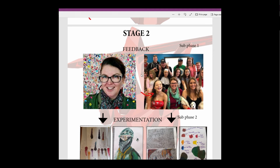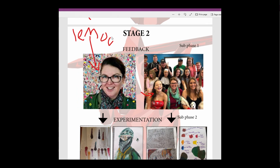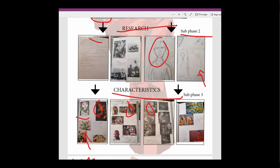Stage 2 we're up to now, and this is an absolutely crucial stage, I believe. So the first part of this stage is feedback, and without feedback I cannot do anything successfully, because I get tunnel vision. I keep focusing on the little things and I just don't see it. So this is my art teacher I had at the time. Her name was Miss Lehman, but we called her Lemon. And this is my art class, and these guys were all amazing. They'll give me feedback and everything, especially Hannah here. Hannah told me about Del Bada up here,